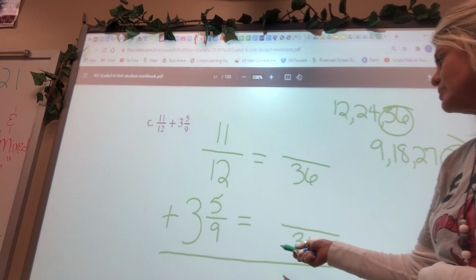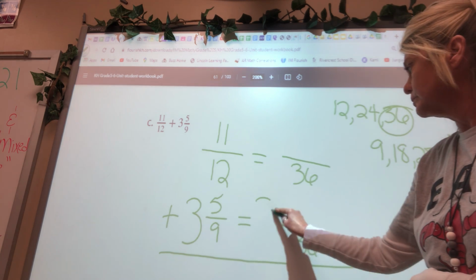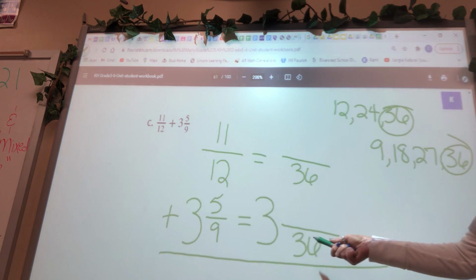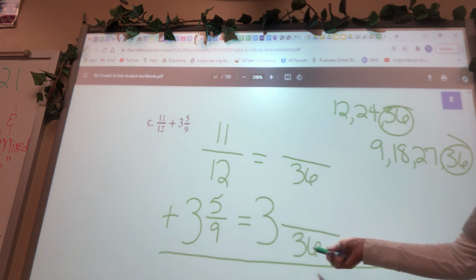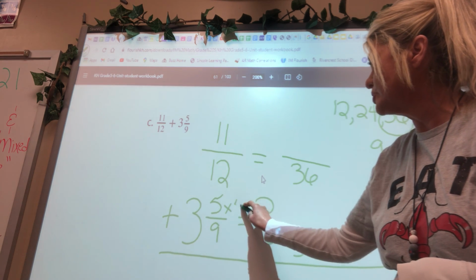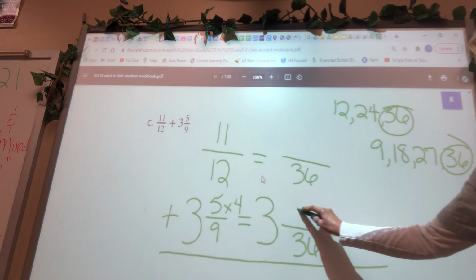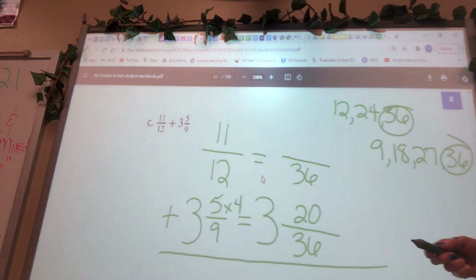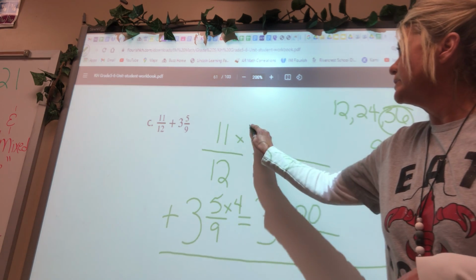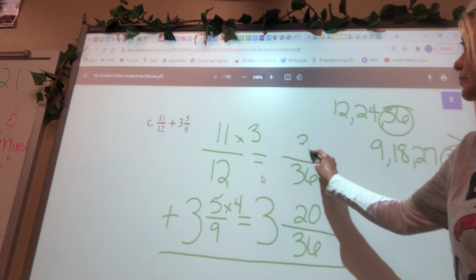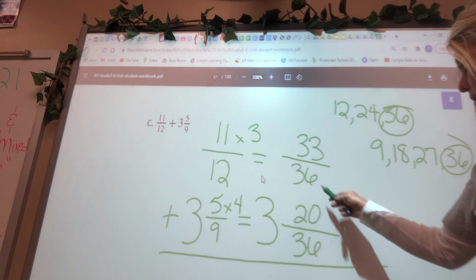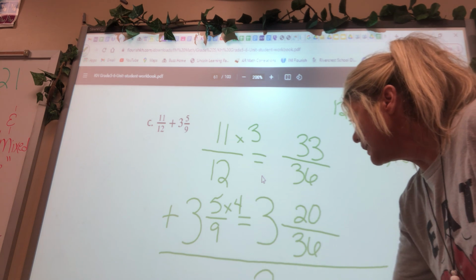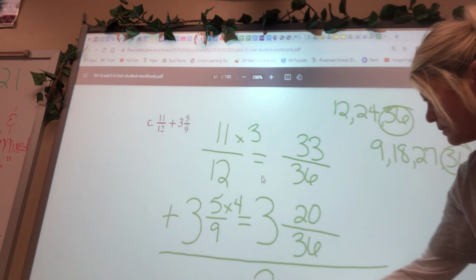I still have my 3, don't I? Times 4. Okay, so what would I do to 9 to get this? Okay, so I would have to do it to this. What would I have to do to 12 to get this? Times 3. So I would have to do it here also. Then I keep my common denominator, and for now I keep my whole number. 33 plus 20 is